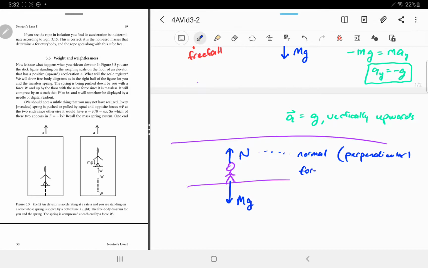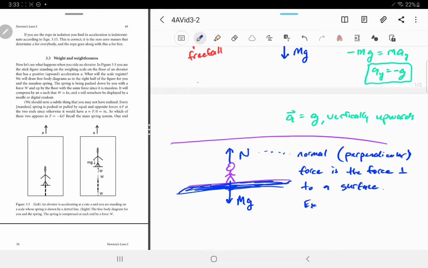The normal force is the force perpendicular to a surface. In this case, the ground is a surface, and the normal force is perpendicular to that plane. Okay, so the ground is a two-dimensional thing, and then the direction perpendicular to that and away from the surface is the normal force direction. So it's the force perpendicular to a surface, and